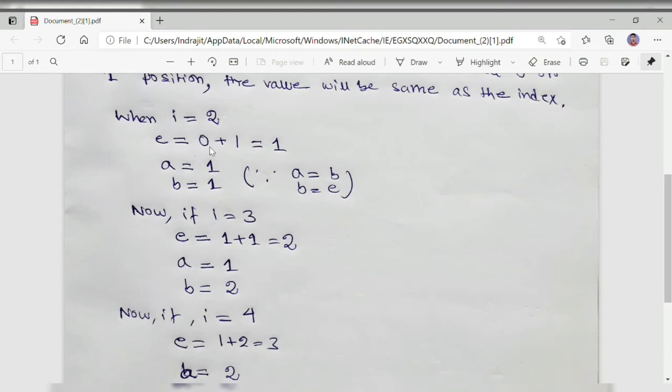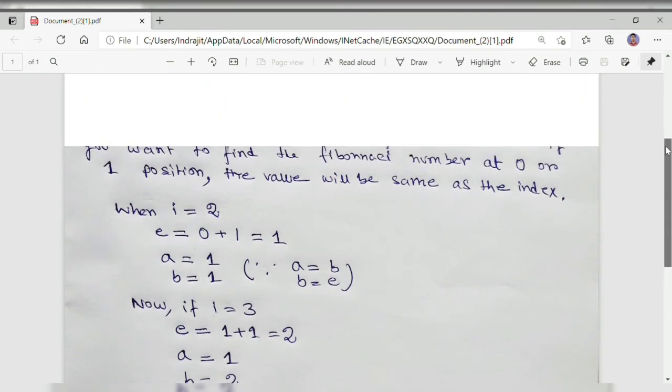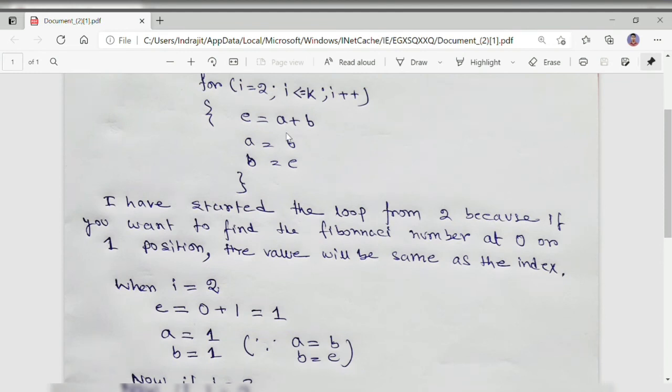Because we took the value of A as 0 and B as 1. So C is 1. And after that, the value of A becomes 1 and the value of B becomes 1, because we wrote A is equal to B and B is equal to C. After the addition, inside the loop, the value of A becomes equal to B and the value of B becomes equal to C.